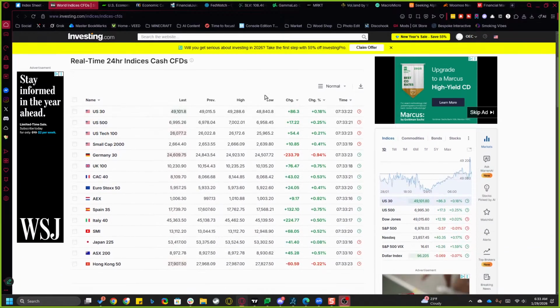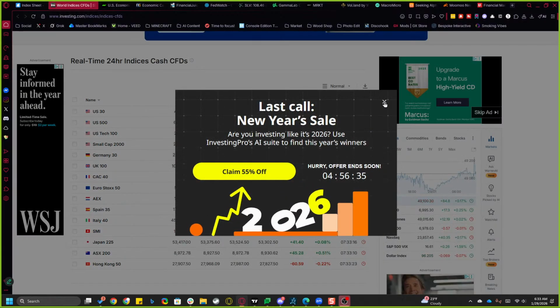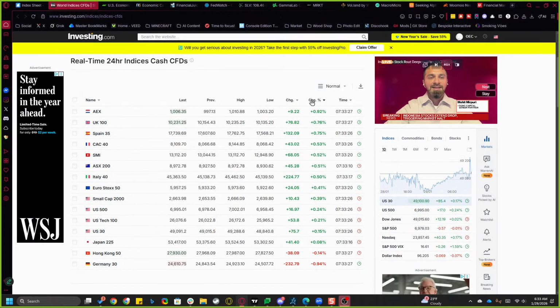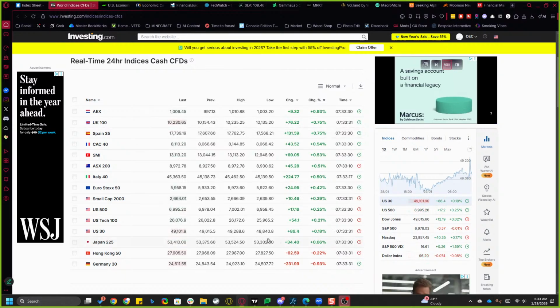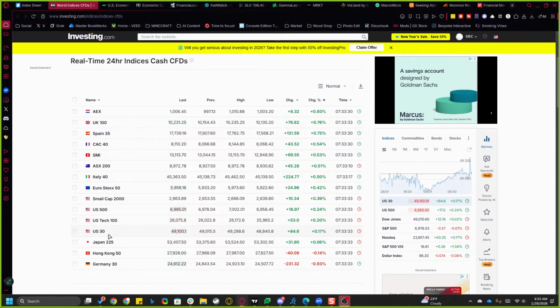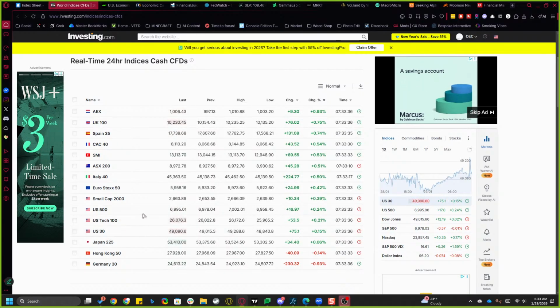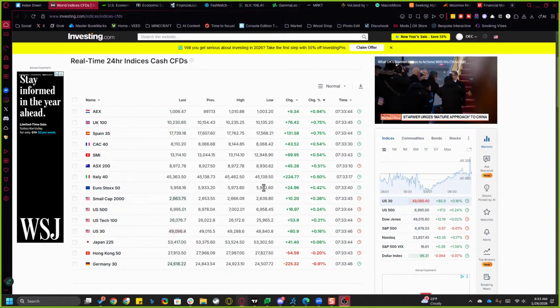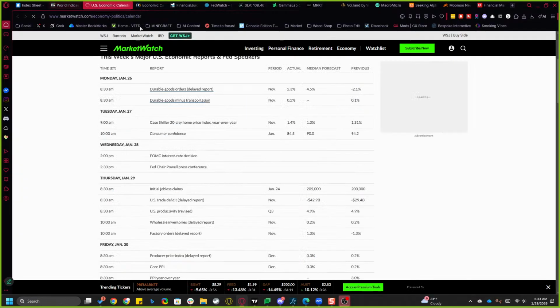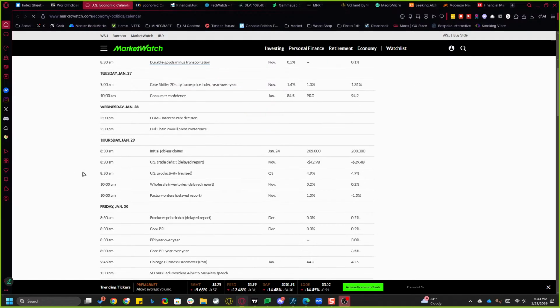Looking at what's going on around the world, we are green mostly. Hong Kong is flat and Japan also. Then through the Dow, the Nasdaq, the S&P, and small caps up the most, more than a quarter, less than a half. So it's up a little, not a lot. Still, we're on the other side of the FOMC. We want to make it through the end of the week without giving too much back.